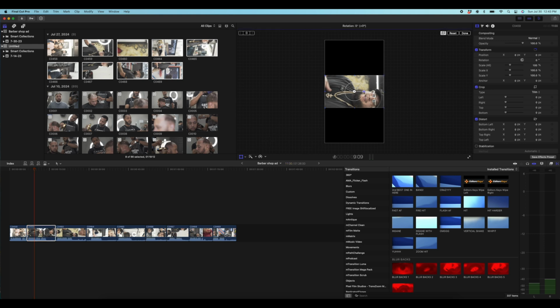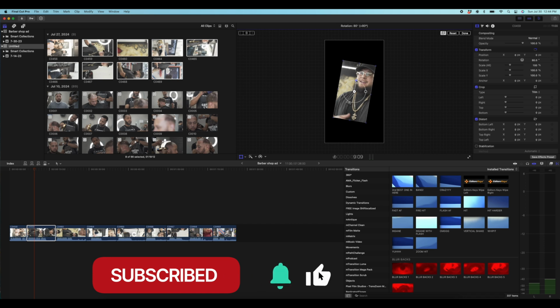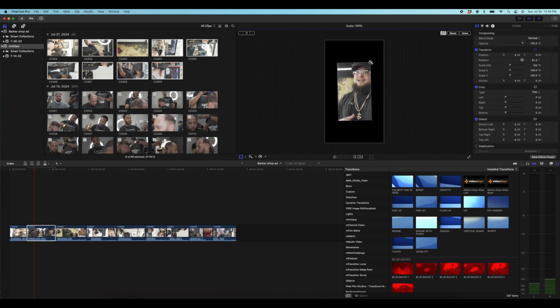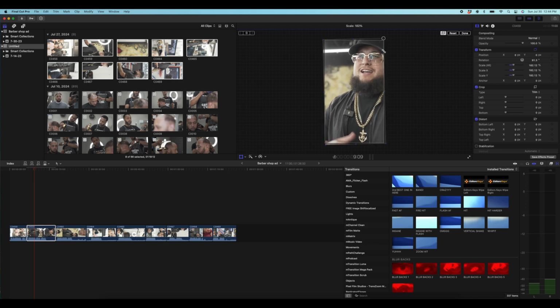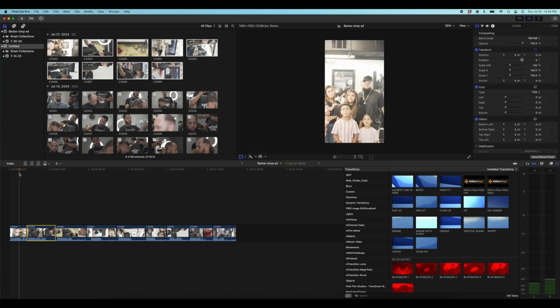I usually hold down the command button and then I just stretch it with the mouse, and that's how you get it to fit. But I'm gonna hit Control Z and Control Z again to show you a trick here. Since this is already edited and just stretched to what I wanted vertically, what you do is click on here, you hit Command